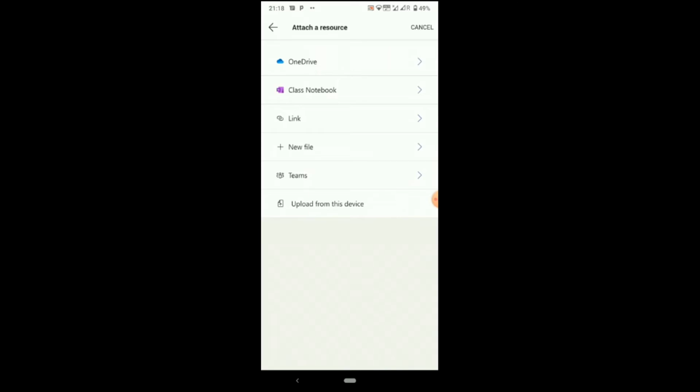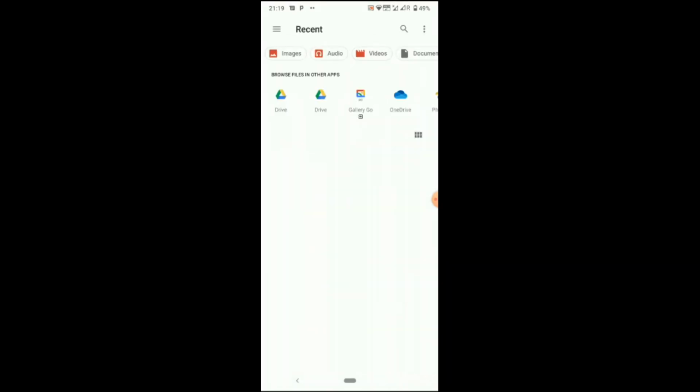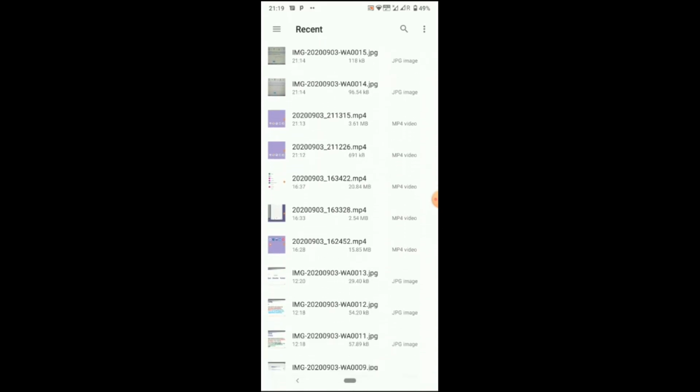Now you have to find out from where you can insert that paper, whether it is on OneDrive, in class notebook, with a link, or you have to create a new file. If you have not yet created it, you can create a new file, or you can upload it from device. So I am just clicking on upload from the device and I'll check if the paper is there.